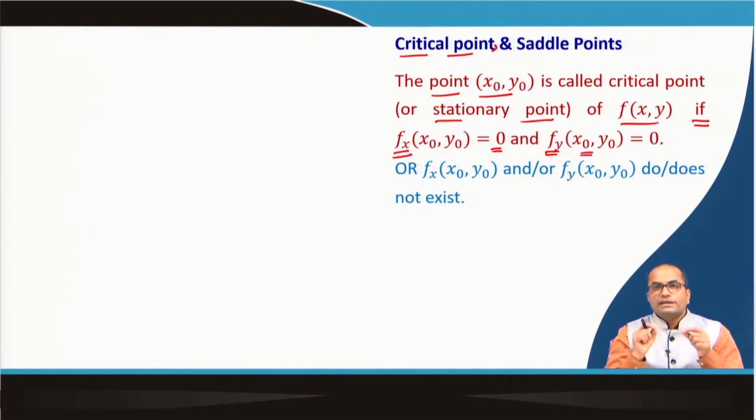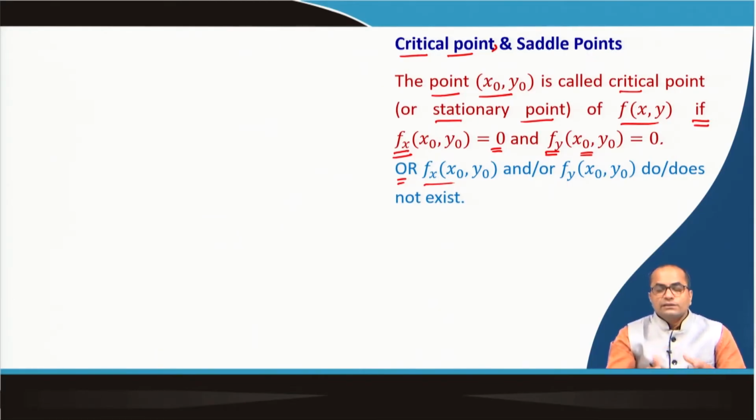So, these two partial derivatives at that point must be 0, then we call such a point a critical point. Or sometimes when these partial derivatives do not exist, in that case also we call them critical points, because we have to also investigate those points for maxima and minima,